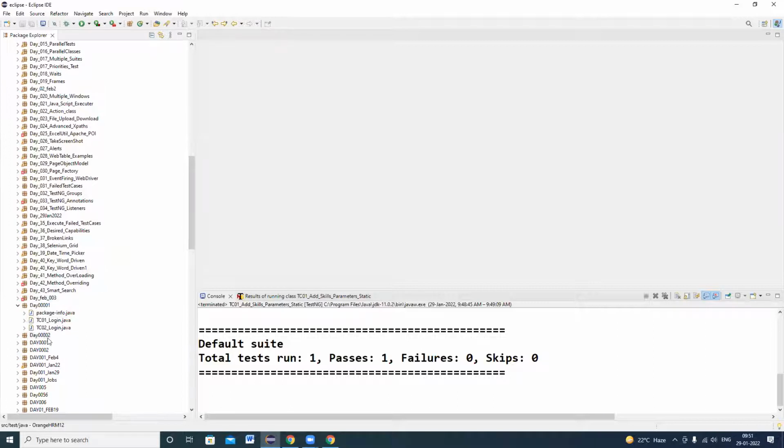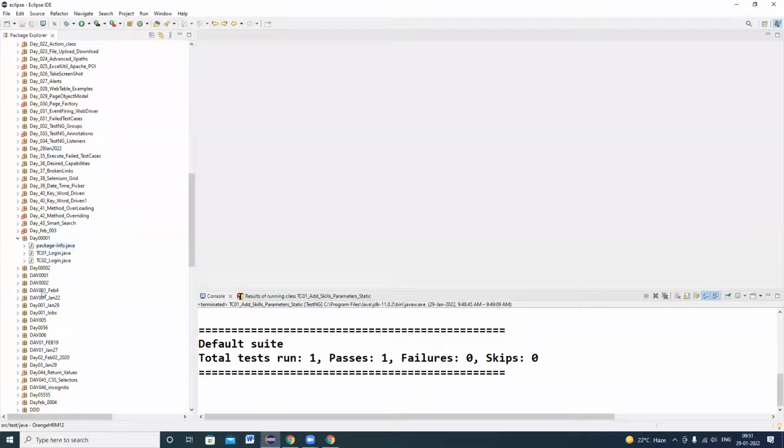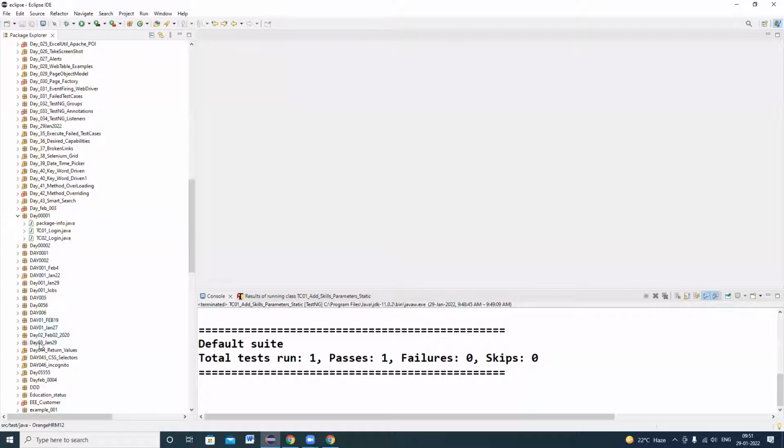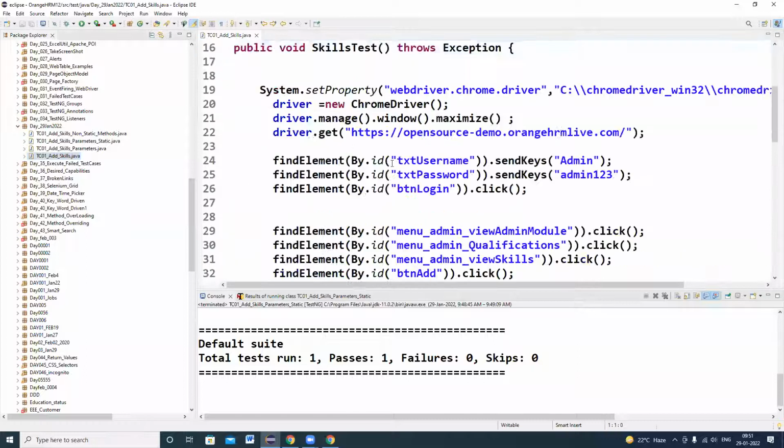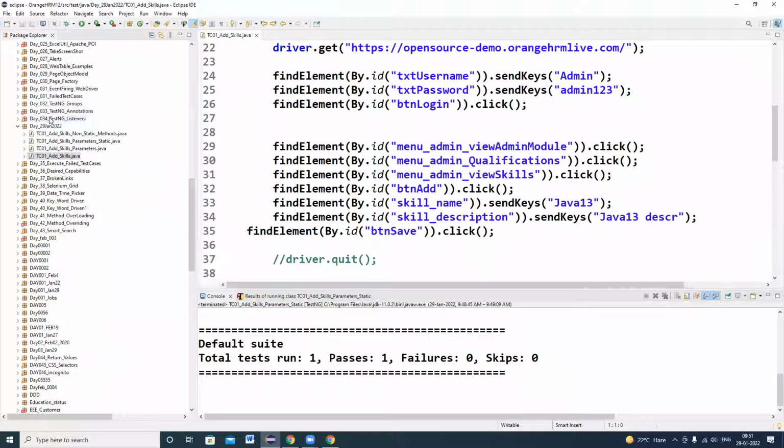Okay, day. Right. So here you can see your programs, and you can refer to these programs. Just keep it for your reference and create one more package of your own and do the practice.